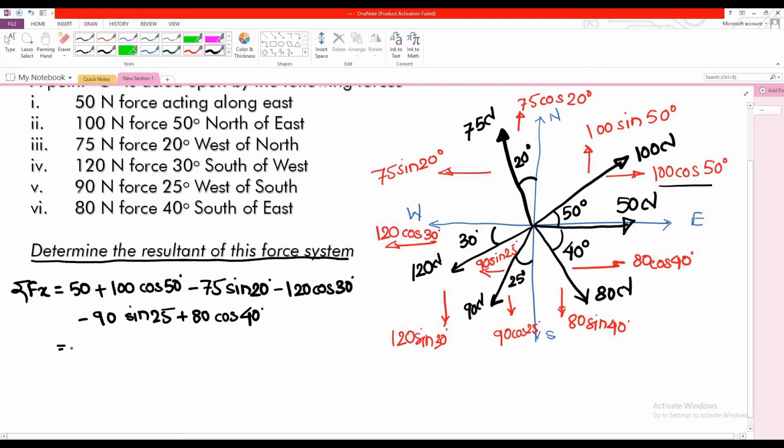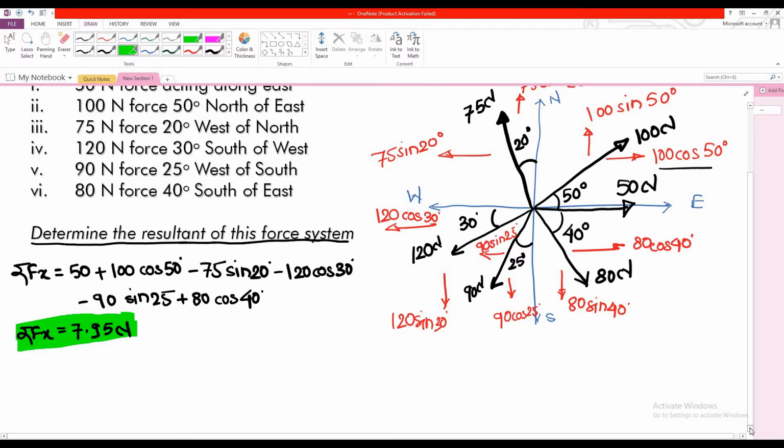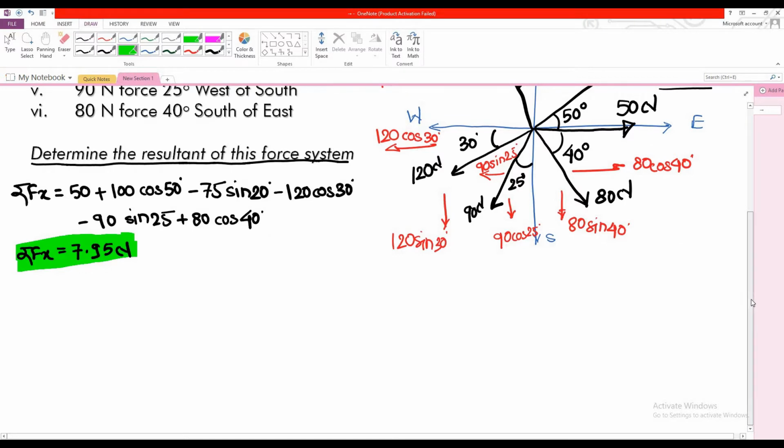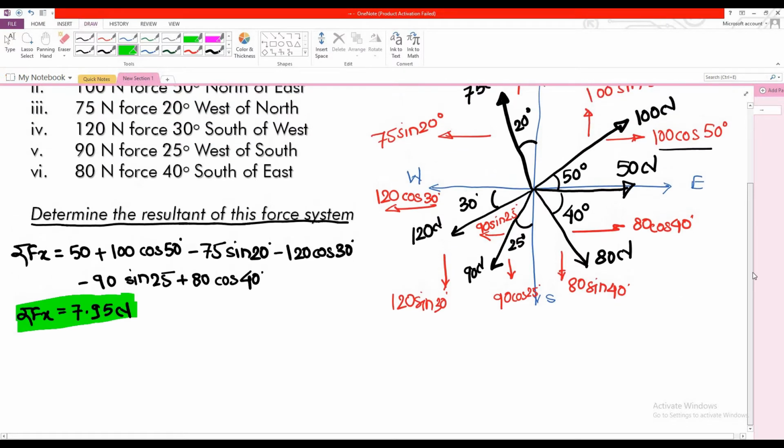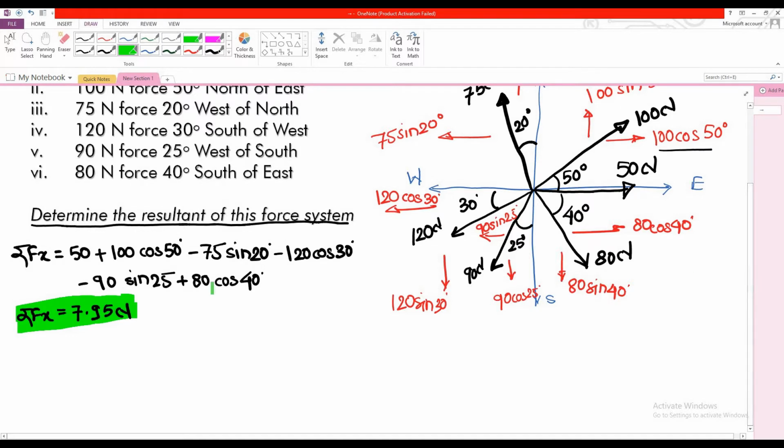And if you calculate this in the calculator, then we get summation Fx as 7.95 Newton. Okay, let's keep this highlighted because we are going to use this value again while determining the resultant and while finding out the required quadrant. Okay, now let's go slightly bottom. These forces will be visible like this. All right, let's find out